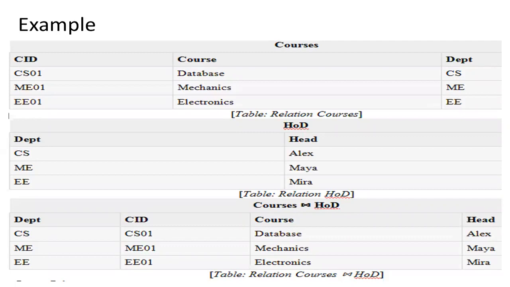That is what we already discussed. So in place of the equal sign, if you use any other comparison operator, you call it the theta join, the general join operation. But if you perform the join operation based on the common attribute present in both tables, you call it a natural join. Hope you are able to understand.